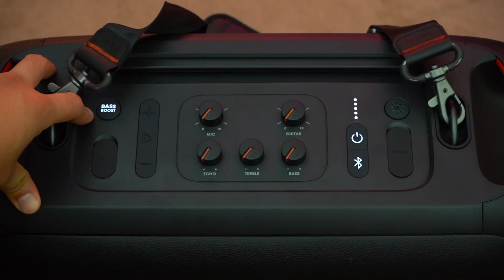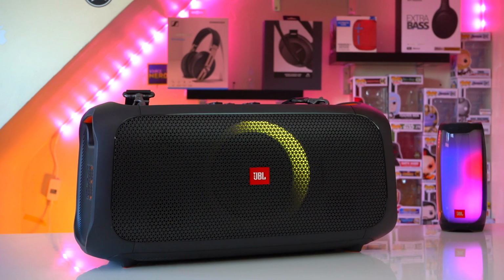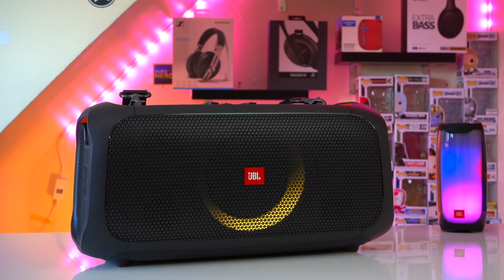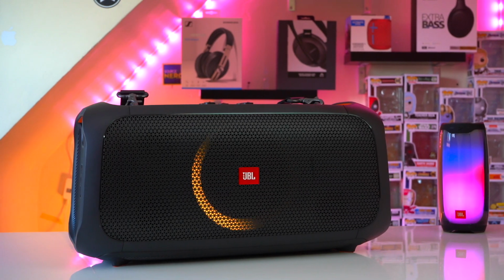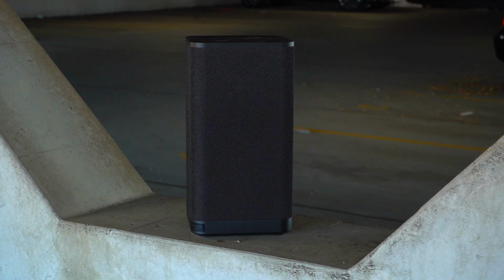The Partybox has a bass boost feature, which has 2 levels, and I'm assuming that most people are going to use this speaker while in bass boost level 2. Whereas the Hyperboom has a fully customizable EQ, but even with its stock EQ, this speaker still has a lot of bass to it. Now, real-world use with the Partybox playing at 80% volume,